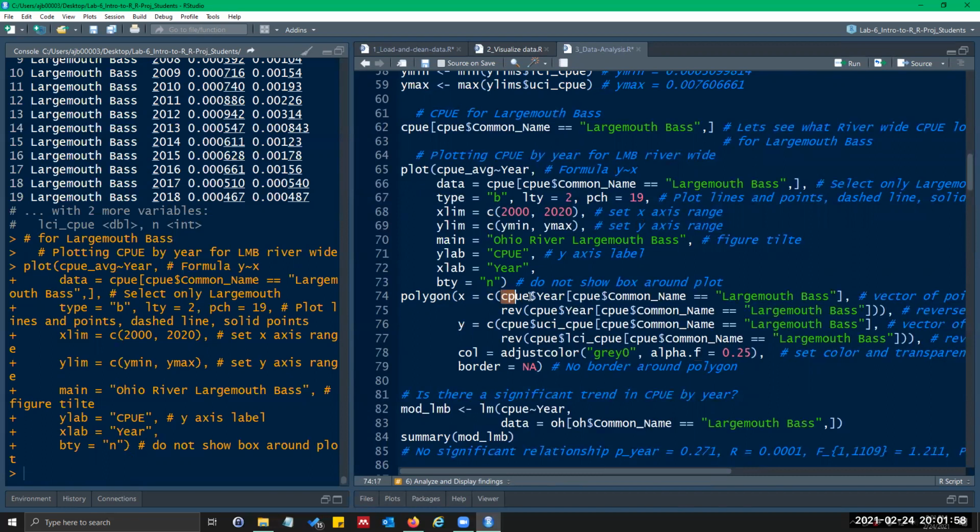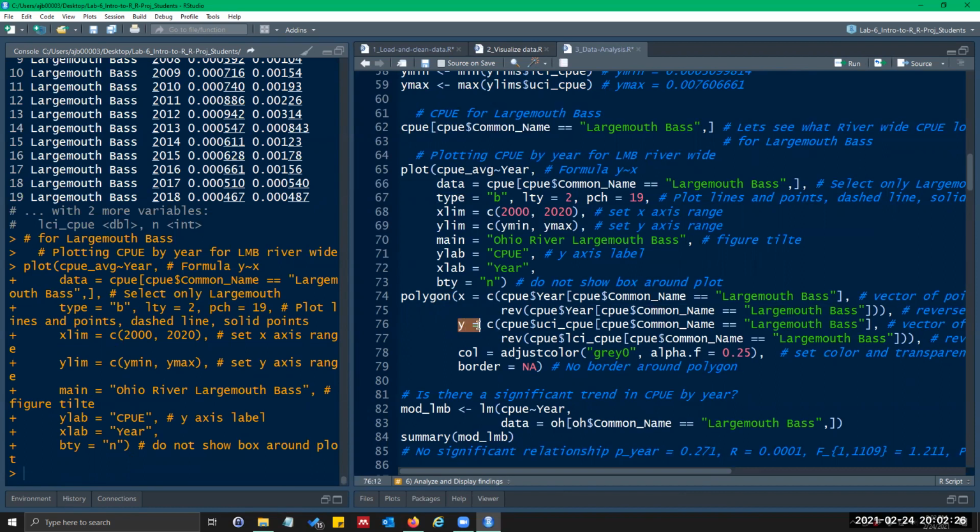The X coordinates are going to be your year, because remember, we're doing catch per unit effort on year, where year is the X axis, but we only need largemouth bass. So the first one is just going to be catch per unit effort year for largemouth bass. And then you have to use this reverse to complete the polygon. You have to reverse it, and then it's going to be the same, just year. So this is just making it backwards.